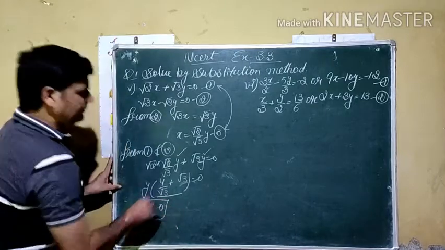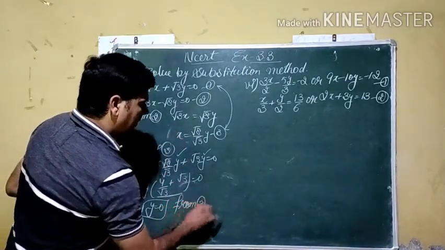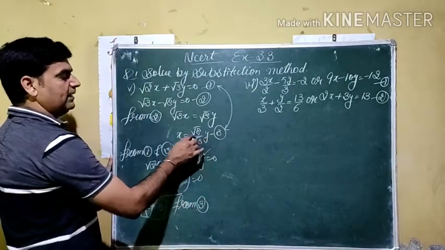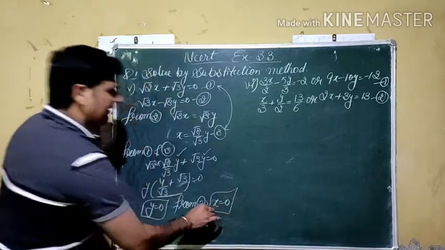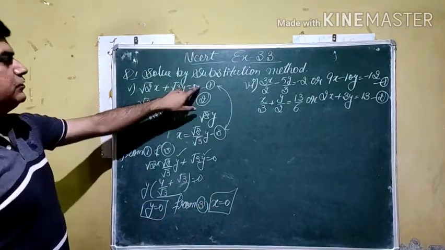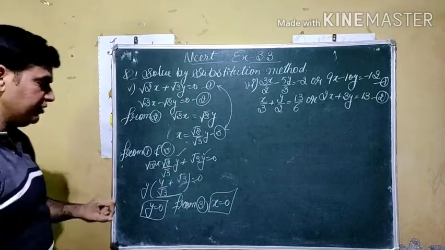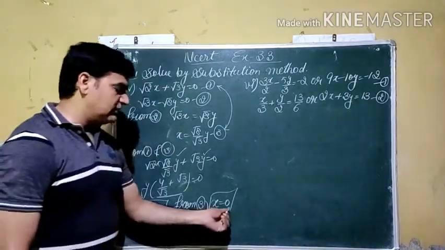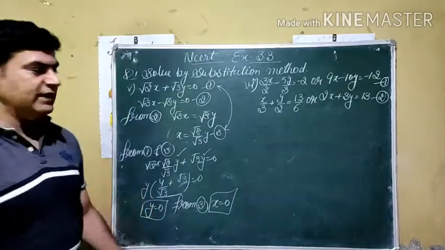If we use this value in 3, what do we get? If we use y equal to 0, 0 multiplied by that becomes also 0. This means when we have an equation in which there is no constant term, these types of equations are known as homogeneous equations. The value of the variables always comes out 0. Directly we can use this in competitive examinations.